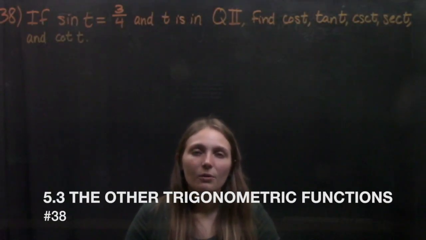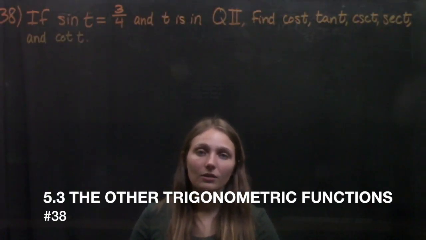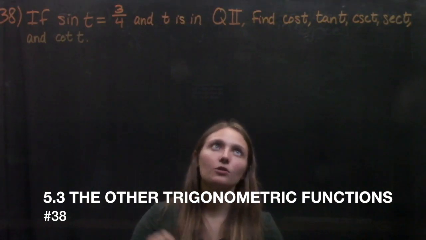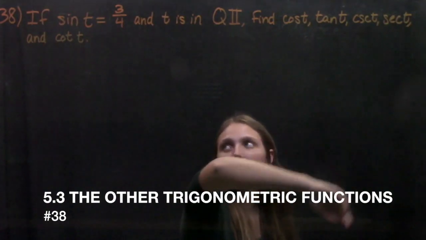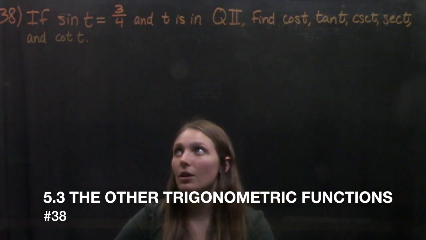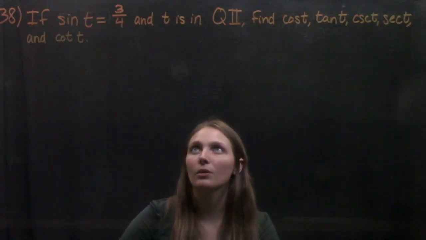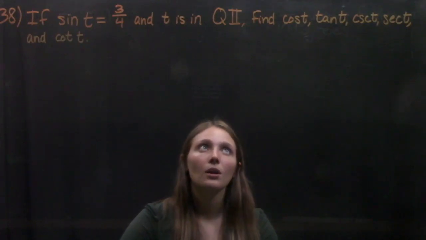Hey guys, today we're going through chapter 5 on trig functions. Section 3, we're going through other trig functions. So we're being introduced to cosecant, secant, and cotangent. In problem 38, we're asked: if sine of t equals 3/4 and t is in quadrant 2, find these